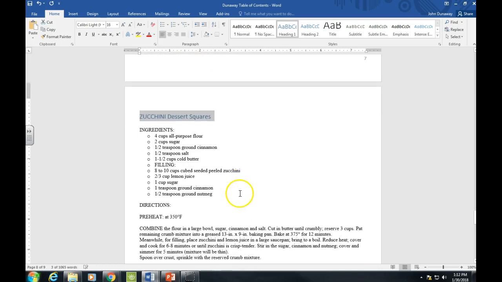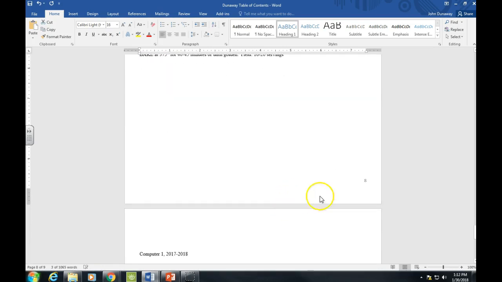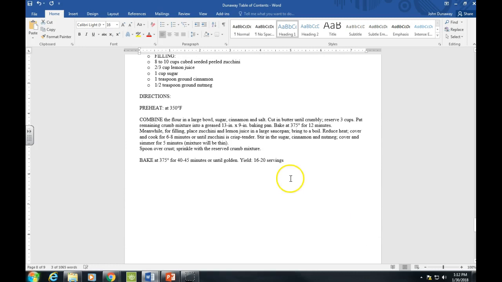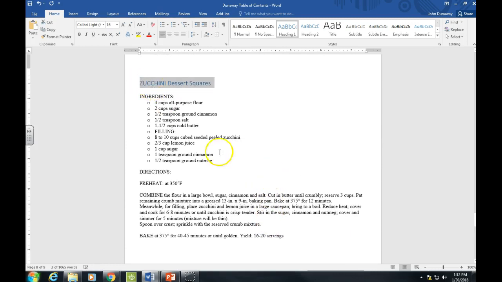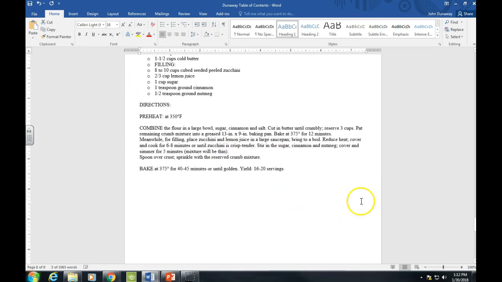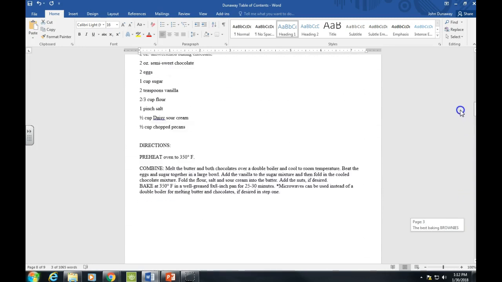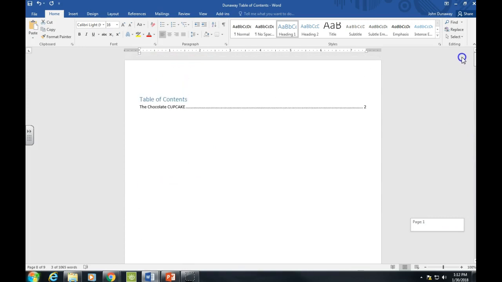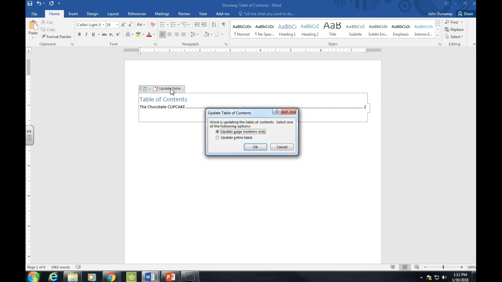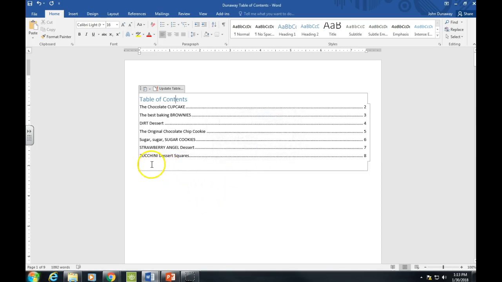Okay, so you'll notice each page starts with a new recipe here. So zucchini dessert squares, that's down on page 8. So when I'm all done with that, and you can do this multiple times as you're updating things, scroll all the way back up to your table of contents, you click on it, click on update table. It'll say Word is updating the table of contents, select one of the following. Let's update the entire table. Okay, and all of a sudden now it's created this table of contents for you, and it shows you where each of those